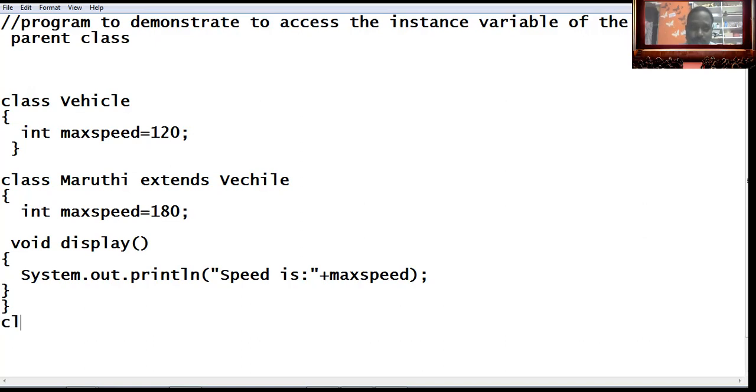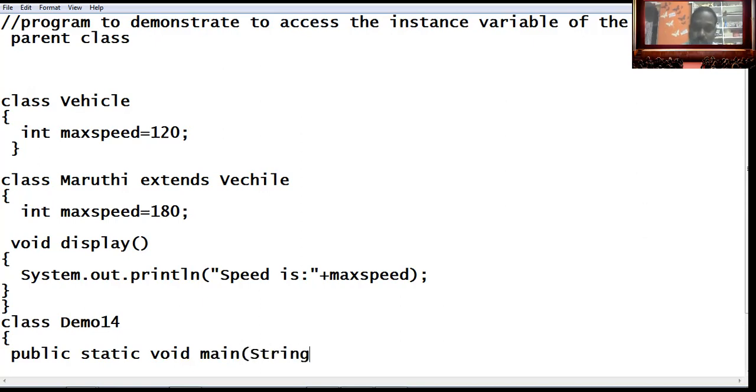Class Demo14, public static void main, String args.